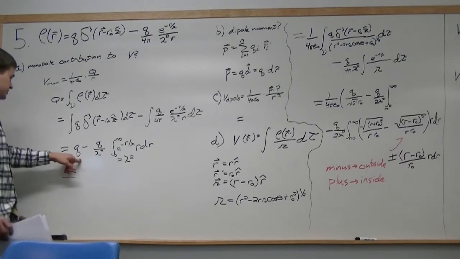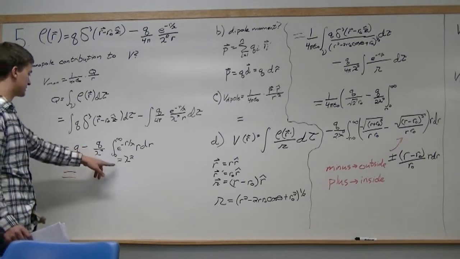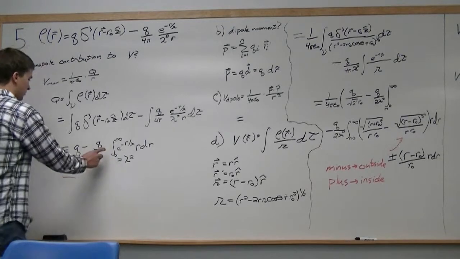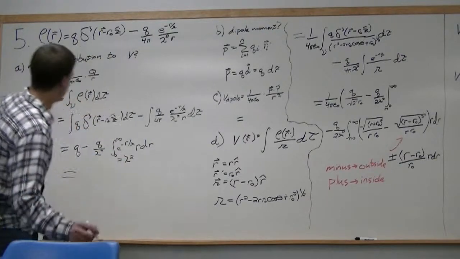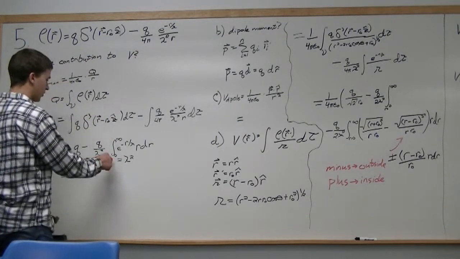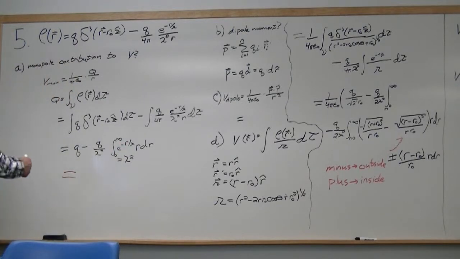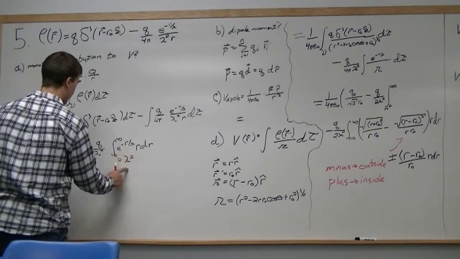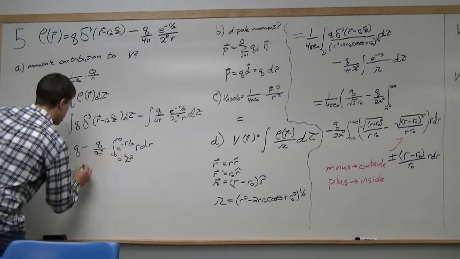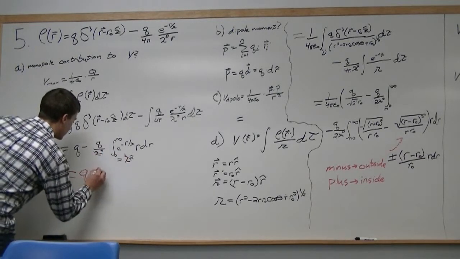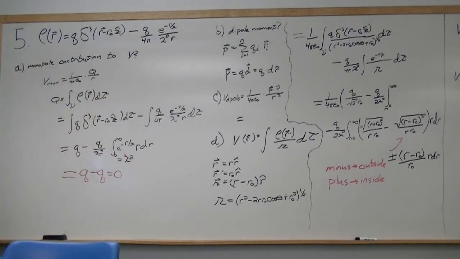The step function is just going to integrate to give you q, and the second part, if you pull out the q over lambda squared, you can integrate over r from 0 to infinity of e to the negative r over lambda times r dr, and that's just going to give you lambda squared. So these lambdas cancel, you end up with q minus q, which is 0. It does agree,